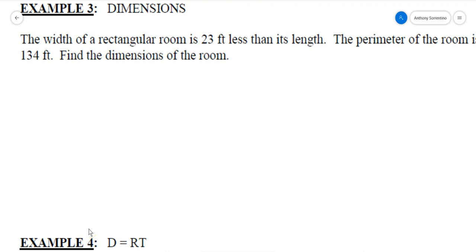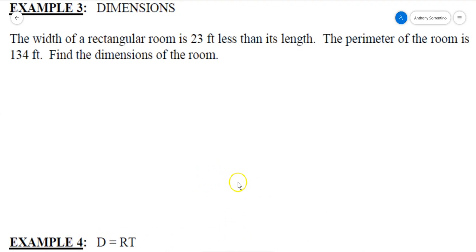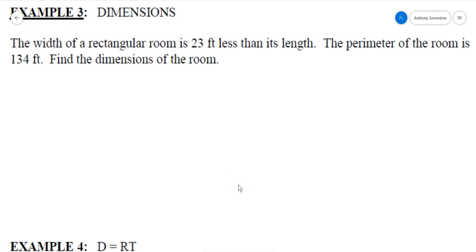The width of a rectangular room is 23 feet less than its length. The perimeter of the room is 134 feet. Find the dimensions of the room. So, although you probably don't necessarily need to do so, I am going to draw a little diagram of what's going on here. So we have this rectangular room,